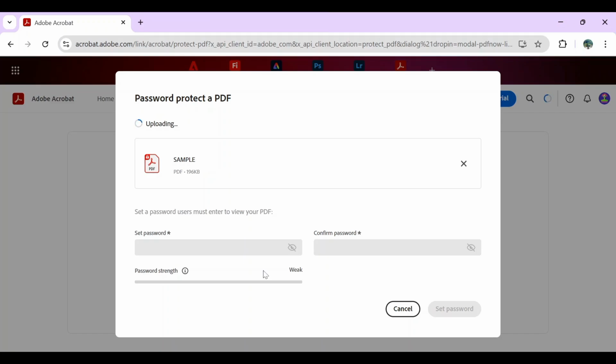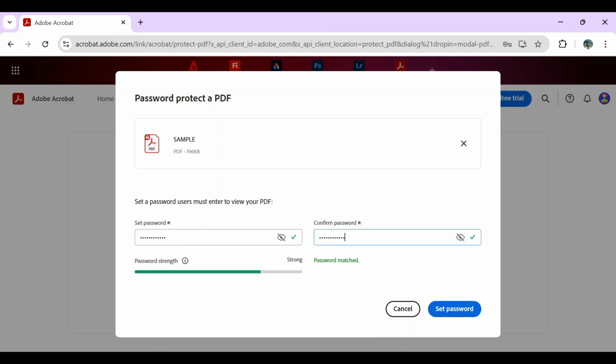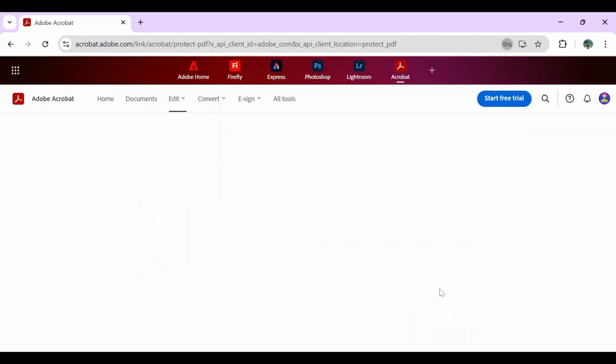Then after that, you can see the password strength right there, and then once you're done with that, you just have to click on set password. Then Acrobat or Adobe will automatically create your file with password, and then once you're done with that, it